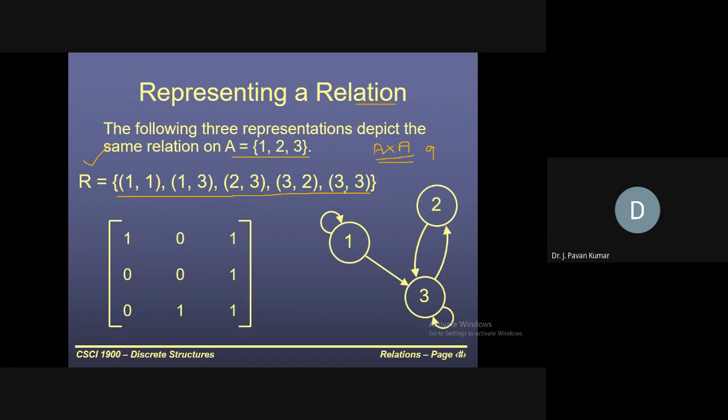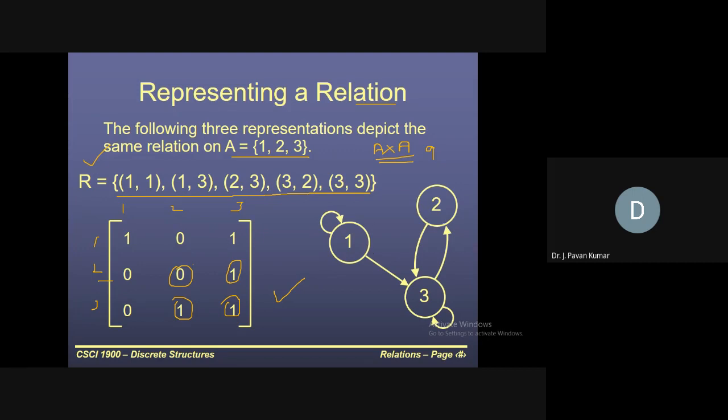Now with (1,1), (1,3) and so on, we can state whether one particular tuple belongs to this relation or not. Suppose if I give (2,2), we are able to say whether it belongs to this relation. And we can represent it in the form of a matrix as well, where 1, 2, 3 are considered as rows and 1, 2, 3 as columns. Now we are having (2,3) in this relation, so the corresponding entry is filled with 1. Next (2,2) we don't have, so the corresponding entry is 0. Next (3,3) we have, so it is 1. (3,2) we have, so it is 1. Like that we can represent it in the form of a matrix.